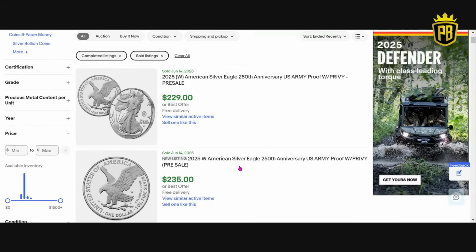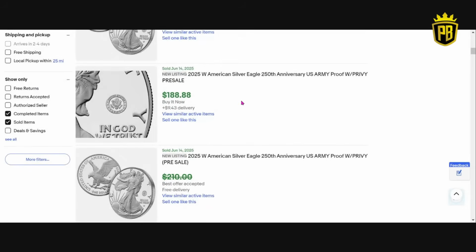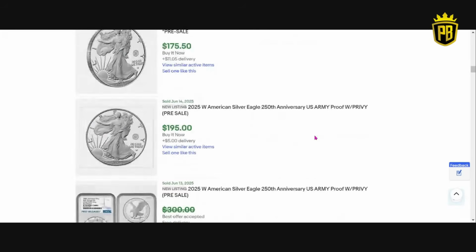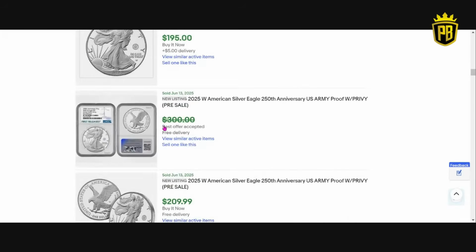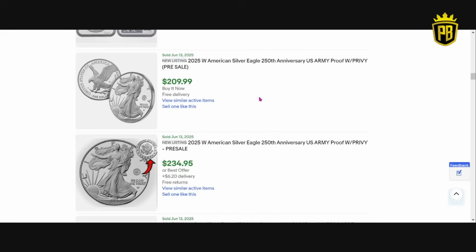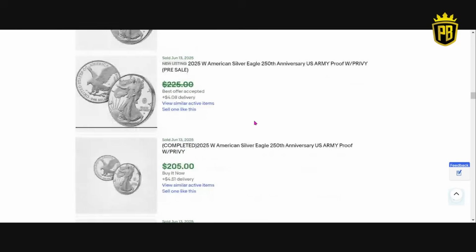So call it $110, $229, $235, $230, $210, $188. Best offer accepted, $240, $209. These are just raw coins. Well, here's one, $300, new listing, pre-sale, $300 for the Proof Ultra Cameo 70. Best offer accepted. That is dirt cheap, if you ask me. $209, $234, $219. So right around there, anywhere from $200 to $225,